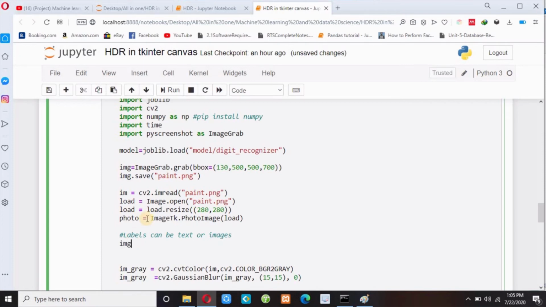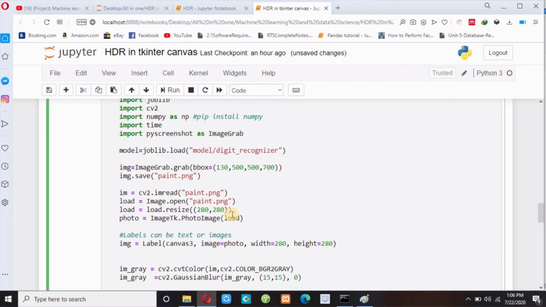So img equals Label. I have to create the label inside Canvas 3, and then the image I have to load. Which image? This photo image, photo, and then let me define width equals, suppose, 280, and height equals also 280.